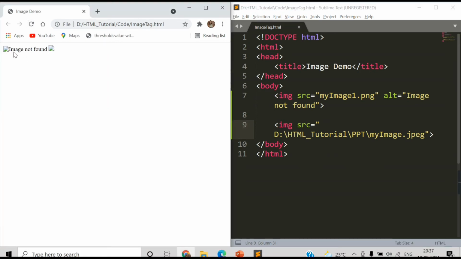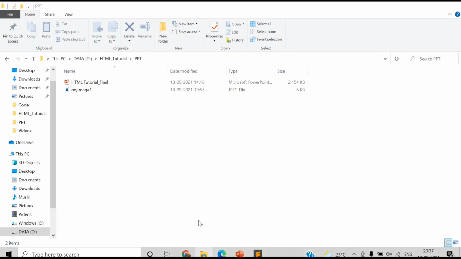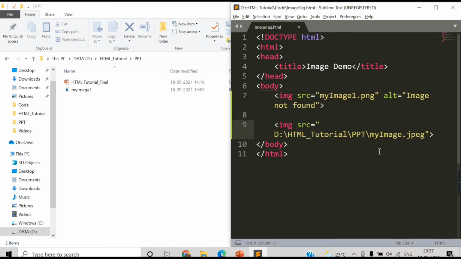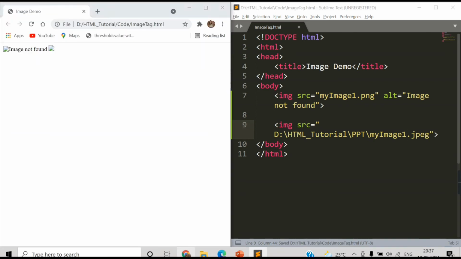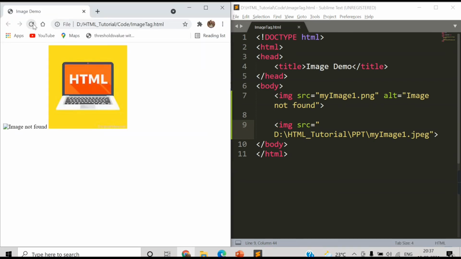See, the first one is not found because we have entered the wrong address, and the second one is also not able to be found. Let's check if we have done something wrong here. So it is my image 1, right? Oh, we haven't written here 1, so that's why it was not able to find it. Let's refresh again.